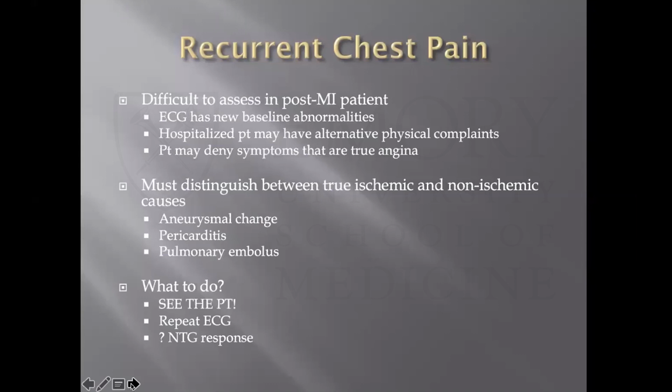Also, if a patient presents with a large infarct, they may also present with a number of the complications that we'll talk about. That can occur both from the infarct or from hospitalization, such as aneurysmal change after a massive MI, pericarditis. And again, going through the algorithm, a good history and physical exam is going to help you distinguish these. So with that being said, what do you do?